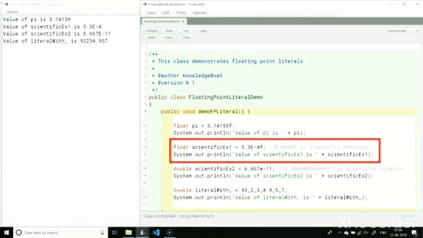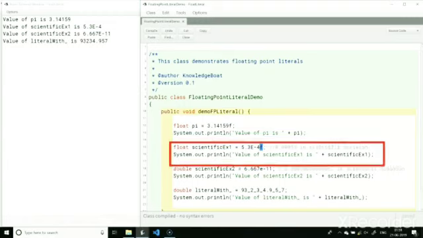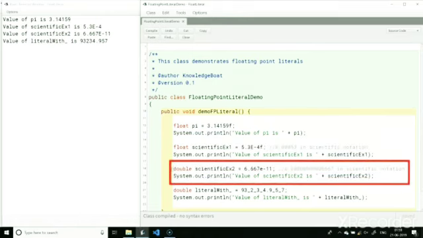This is how we represent a floating point literal in scientific notation and assign it to a float variable. Again, the value is appended with an f to make it of type float. Moving on, this is another example of writing floating point literal in scientific notation. This time we are assigning it to a variable of type double.